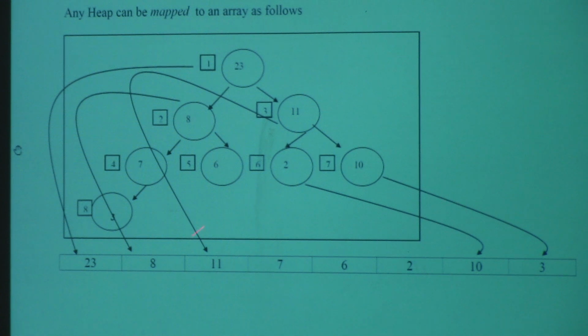Its children become 8 and 11, right in a row. 7, 6, 2, 10, 3. Now, why am I thinking of it this way? Because I can. Because now that I have taken this binary tree and moved it into an array, notice that